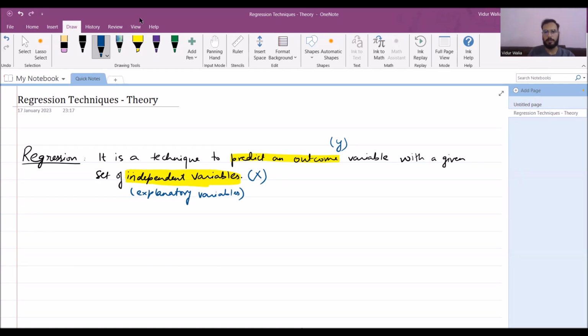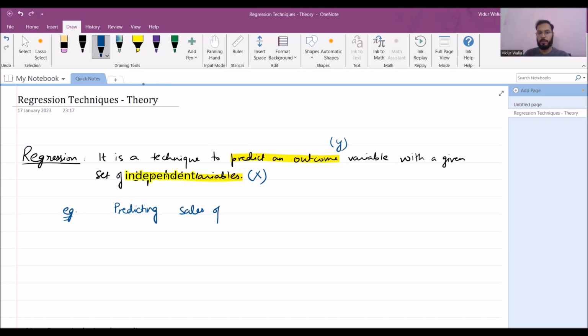Let's go forward. Let's take an example. For example, we might be interested in predicting the sales of ice cream, right? Predicting sales of ice cream in dollar values, and the input variables or the dependent variables that might be affecting this could be temperature that day, temperature of the day,